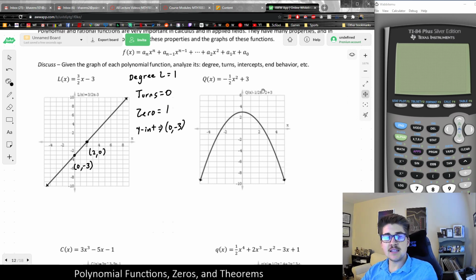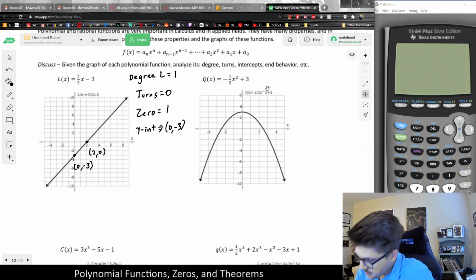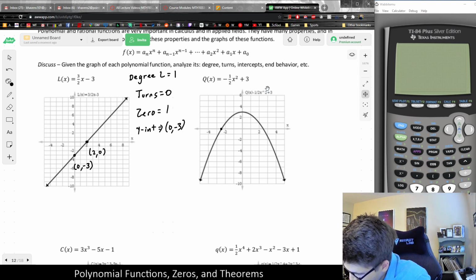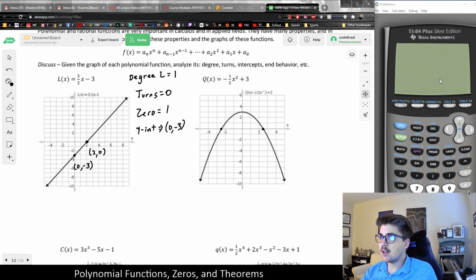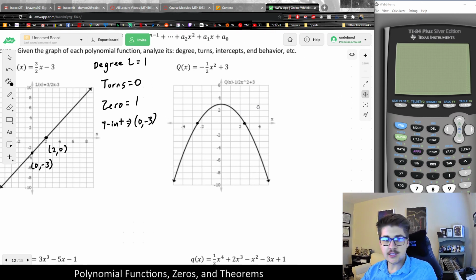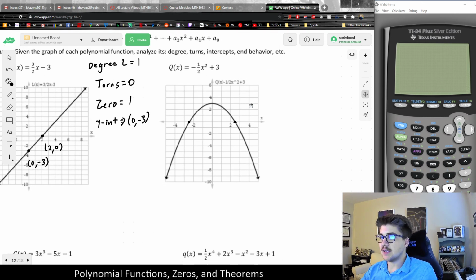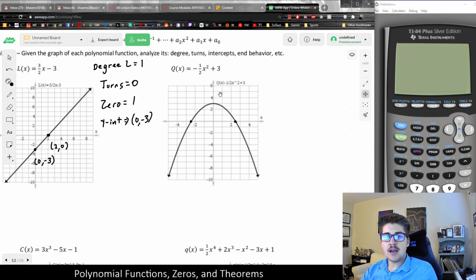So looking at the degree 2 quadratic function, we can see that it obviously has two x-intercepts. The location of the x-intercepts is kind of hard to tell just from the graph. You might guess, well, maybe it's 2.5 or something like that. But remember, the quadratic formula can always solve the x-intercepts of a quadratic, assuming you have it written in standard